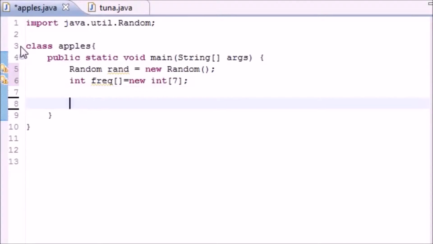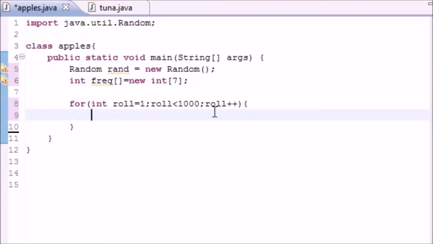So now we can go ahead and make a for loop to roll the die 1,000 times. So let's go ahead and put for, and just put int roll equals 1. We'll start at roll number 1, and if you want to roll 1,000 times, just go ahead and put 1,000, and of course increment it by 1, and again this just loops 1,000 times. So you should know that, but what I want to teach you guys is this: